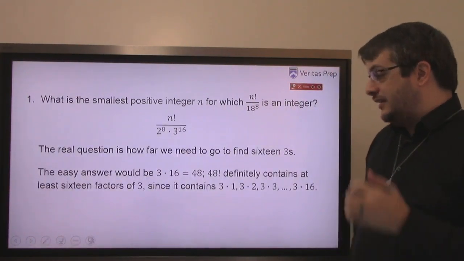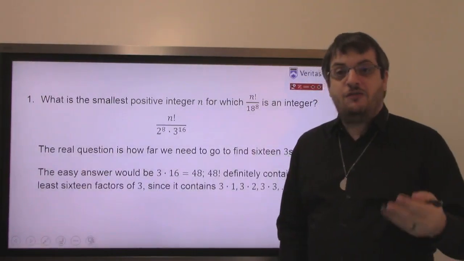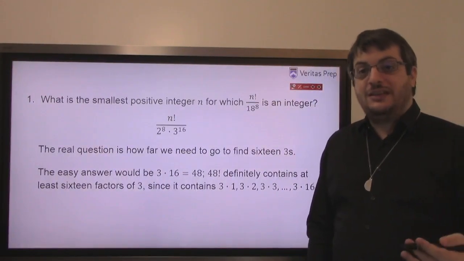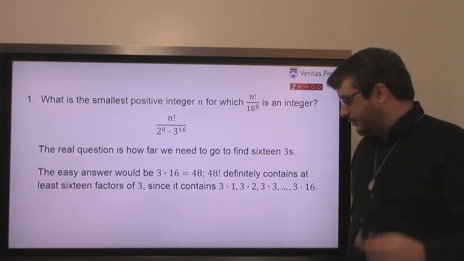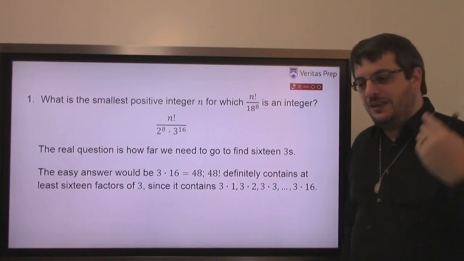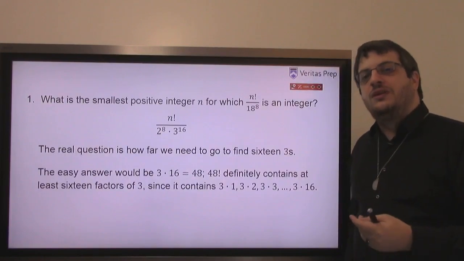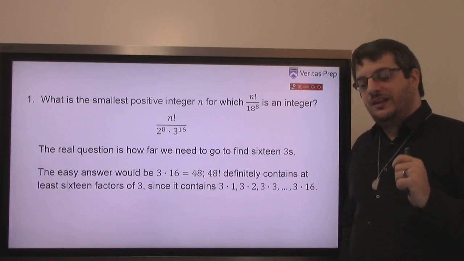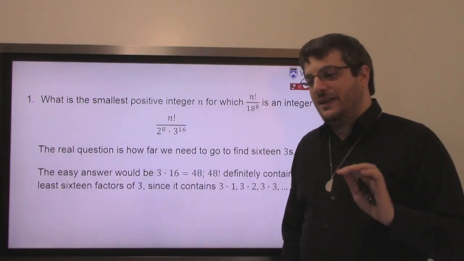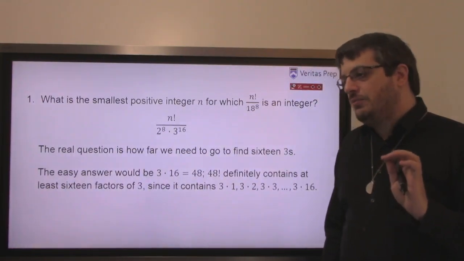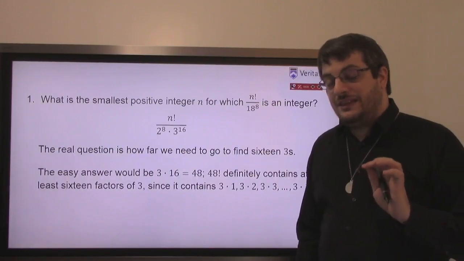3 times 16 is 48, and 48 definitely has 16 3s in 48 factorial, because there's 3 times 1, 3 times 2, 3 times 3, 3 times 4, all the way up to 3 times 16. There's 16 multiples of 3 in 48 factorial. And that's true. But, and this is important, having 16 multiples of 3 doesn't mean we have 16 factors of